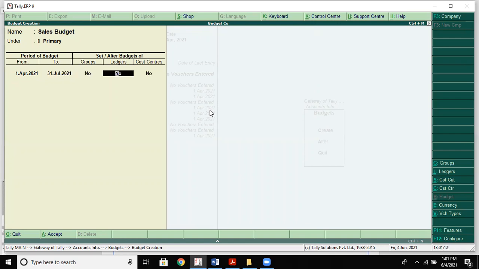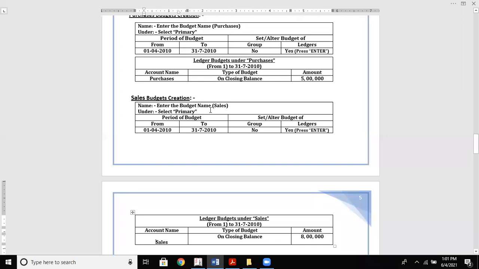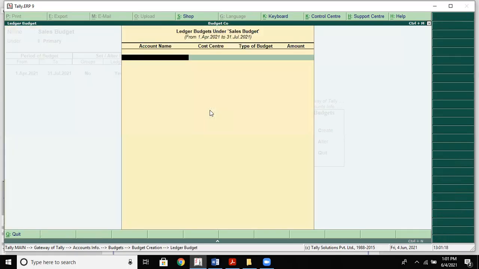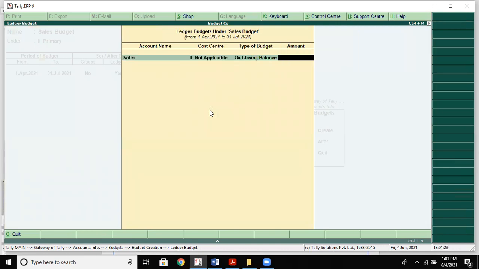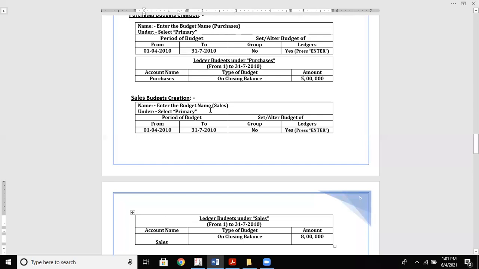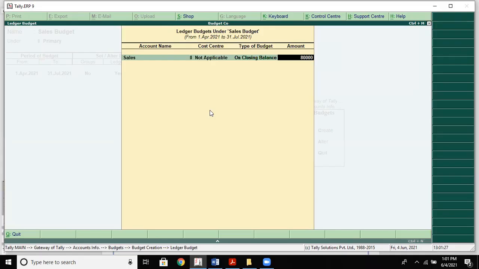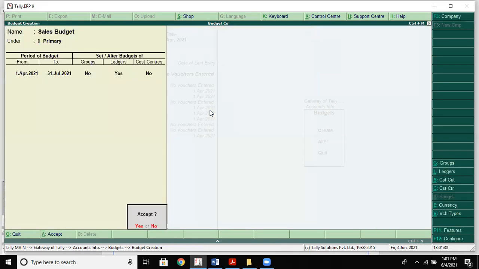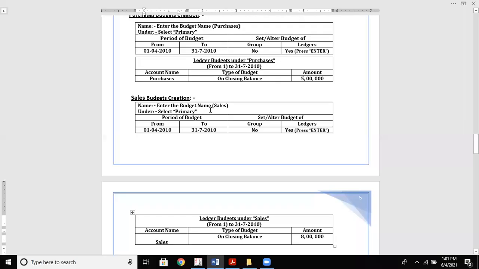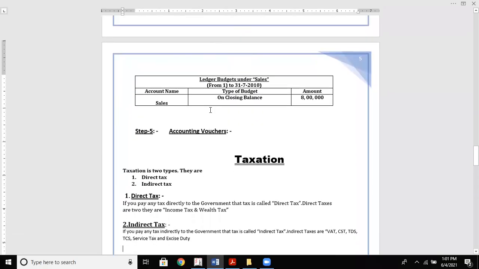Group should be no, ledgers yes, and that is also closing balance. So sales on closing balance, and the amount of closing balance is 8 lakhs. Save. So we have successfully created the budget for purchase and sales.